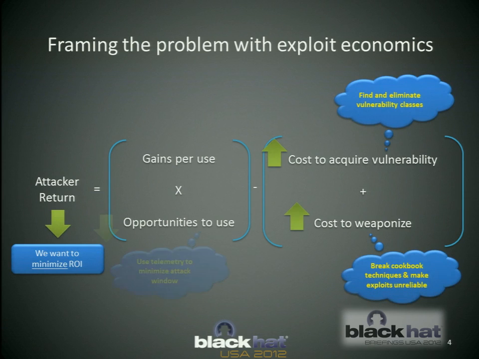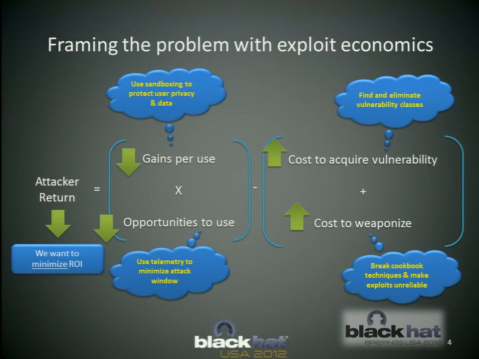Now, of course, from the vendor's perspective, like Microsoft, we want to do the opposite. So we want to drive up their cost of acquiring a vulnerability. We want to do things that allow us to find and eliminate classes of vulnerabilities from our products and actually enable our partners to do this as well. And we also want to drive up the cost of weaponizing a vulnerability. And this means we want to do things like break cookbook techniques that attackers come up with. And it also means making exploits unreliable so that it's not going to succeed on every machine that the attacker